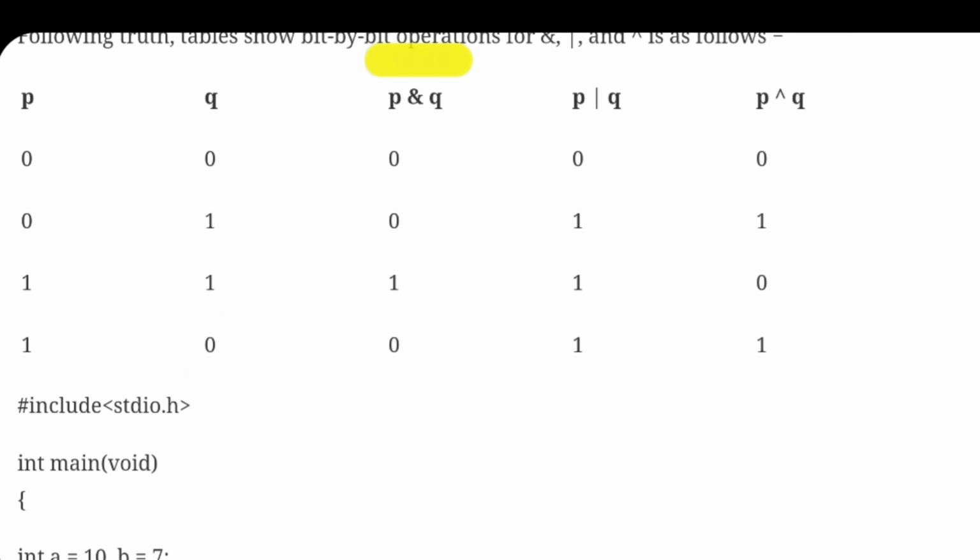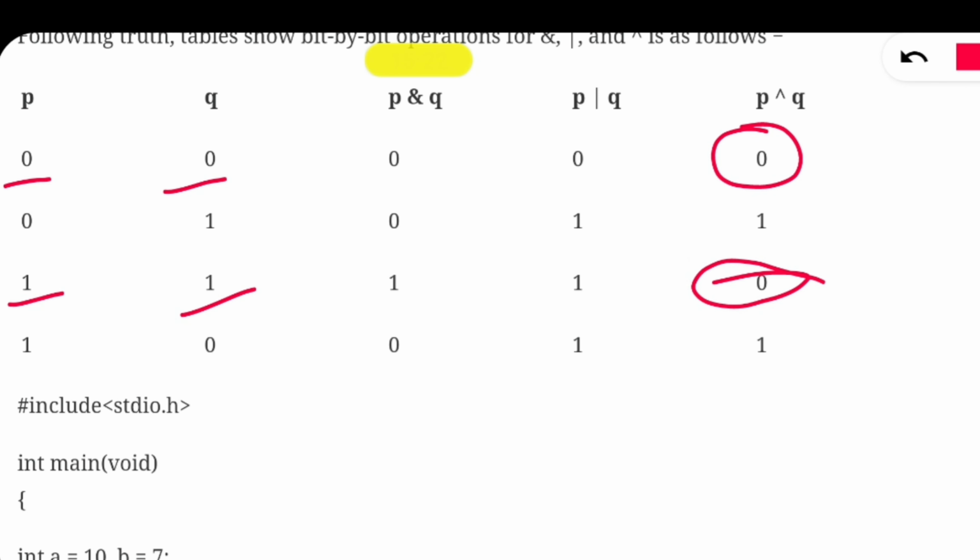Just you need to remember the bitwise XOR. It's like XOR gate in electronics. Let's see the bitwise XOR. In case of bitwise XOR, if both inputs are same, it will be false.